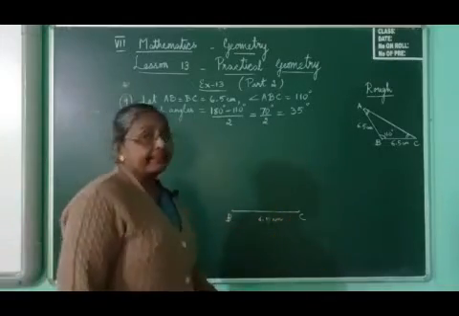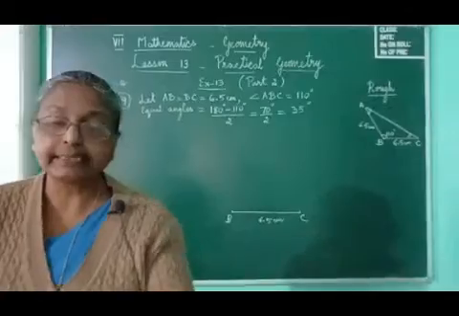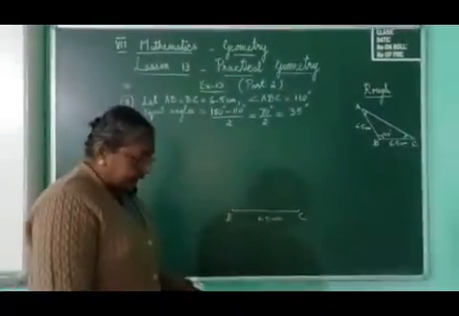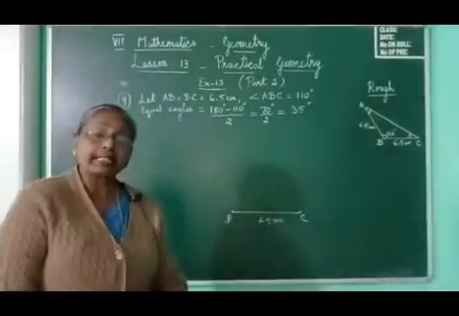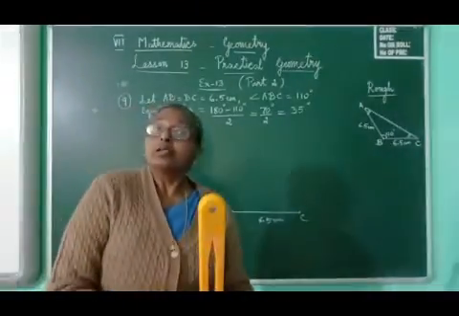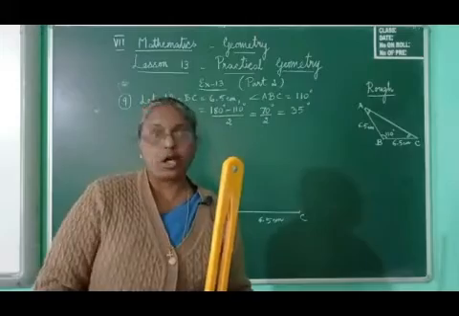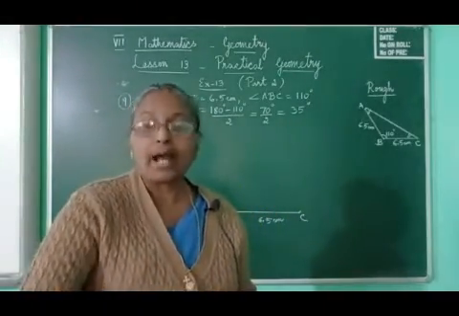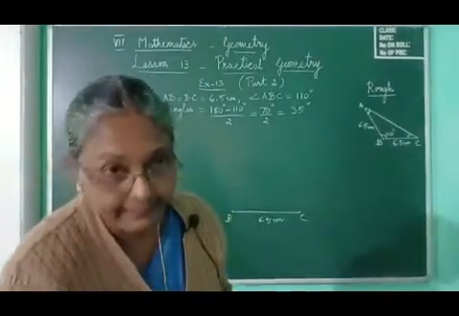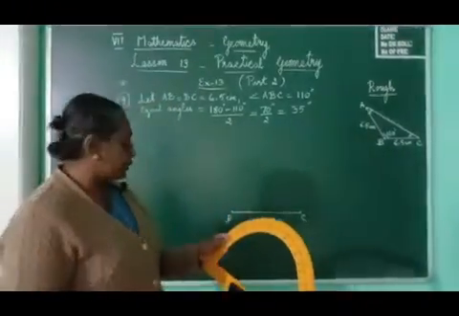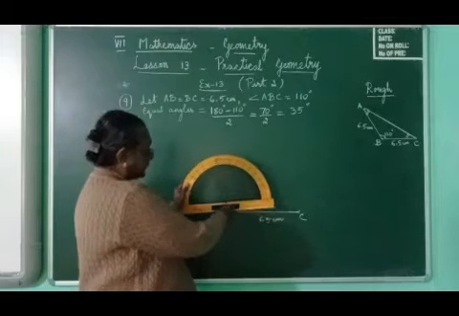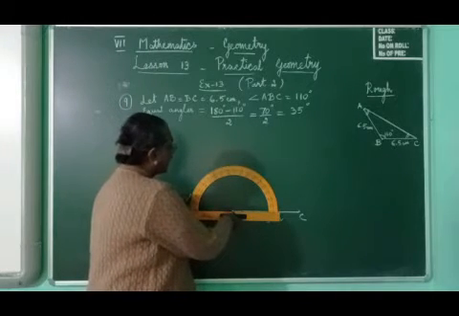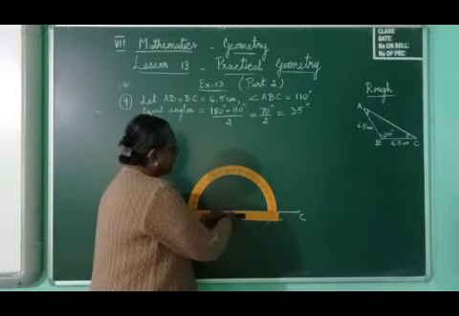Next, as we did earlier when we drew 60 degrees in the earlier sum, in the same way we have to first draw an angle of 110 degrees. But drawing it with a compass will not be easy for us. You haven't learnt how to draw 110 degrees, so it is better to draw with a protractor. We will use the protractor to draw 110 degrees at B.